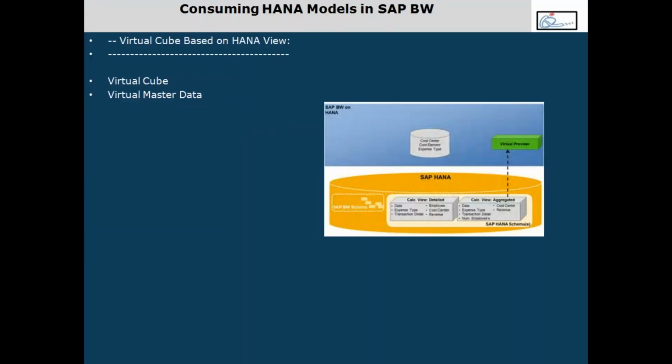So we have virtual cube concepts like remote cube and virtual cubes. We can create a virtual cube based on the HANA model and consume it.